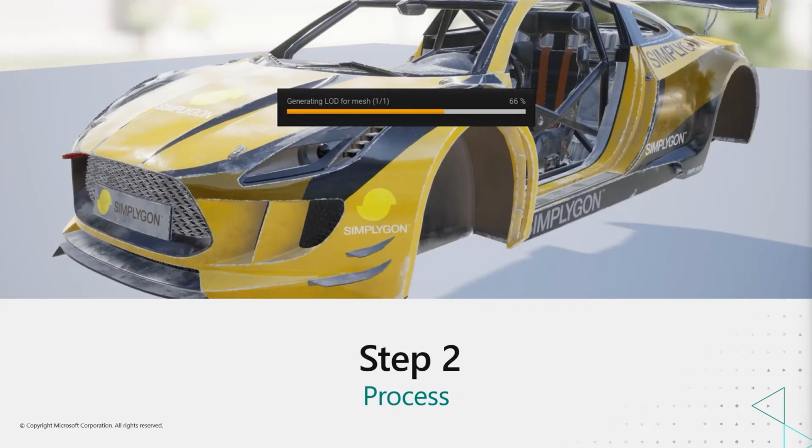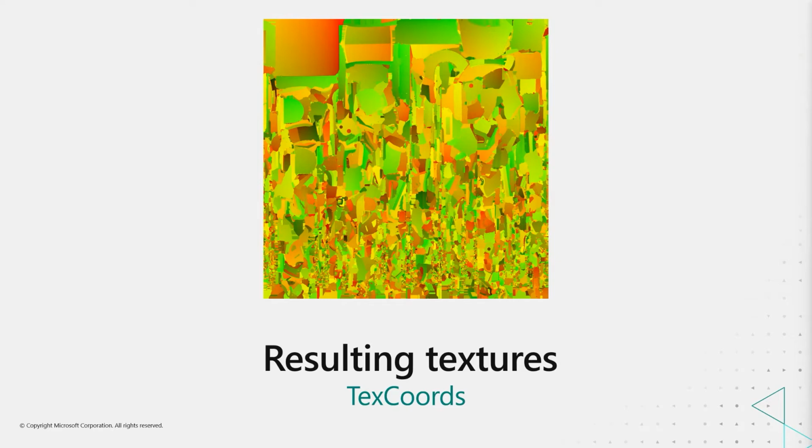Now that we've set that up, we can process the asset. And let's take a look at what the resulting textures are. So here is the texture coordinate texture. Basically, we're only using the red and the green channel, because the red translates to the U and the green translates to the V part of the UVs of the original. So this way we can map which UV coordinate in the original texture, so that we can look that up.